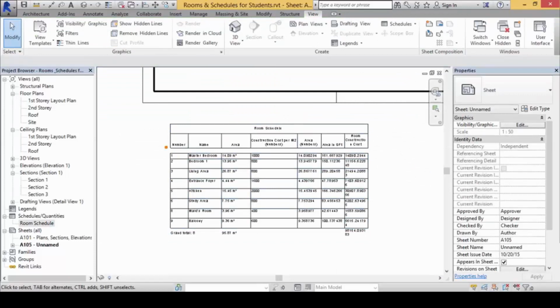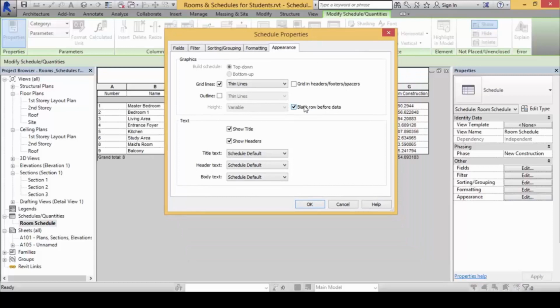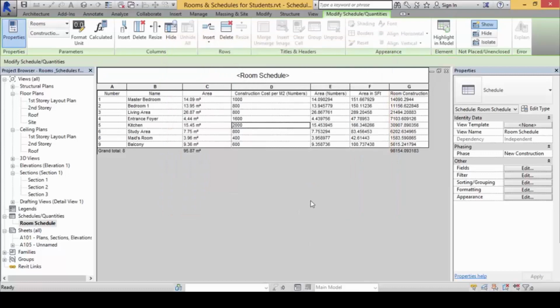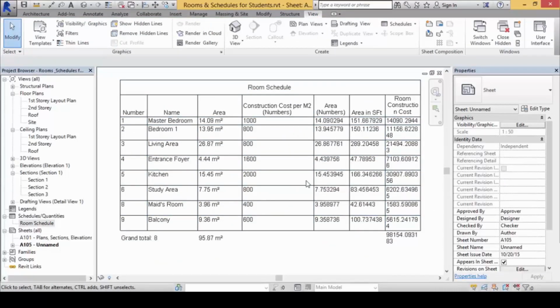Do you see down here, this table appears broken? The header is disconnected from the data. I personally find that this is a problem because it almost feels like you're creating two separate sets of data instead of one. So let's fix it. We go back to this and click on appearance, then uncheck this blank row before data and click OK. Alright, and then let's take a look at our table now. You'll find that there is no more issue of the blank row.